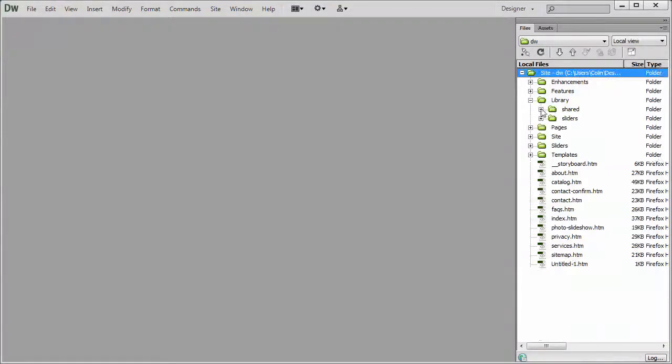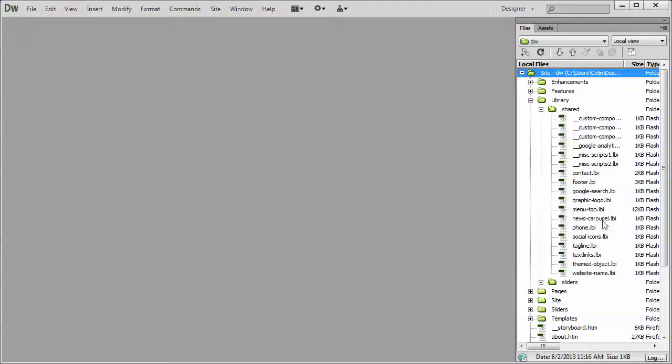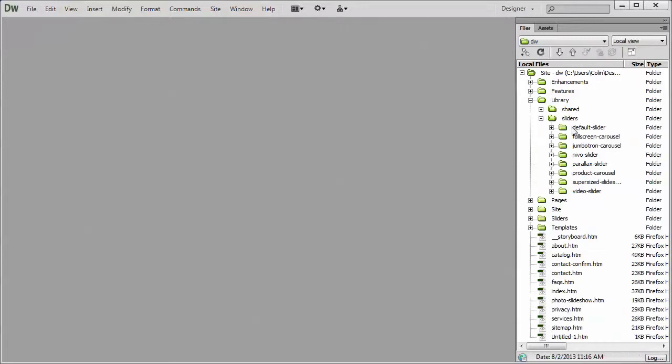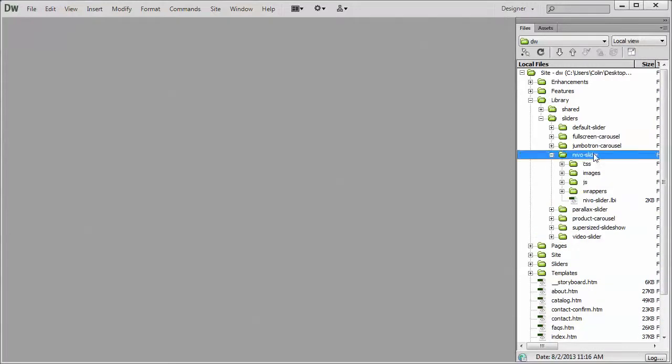There is a page only component, for example the menu top. That's just a library page within the shared folder. Or we have something like in the sliders folder where we have an additional folder. Let's use the Nevo slider as an example here. We have the Nevo slider folder. There's our library page, and then we have a wrapper, a JS, a CSS, and images. Basically all the code or the core files that make the slider work are located within the Nevo slider folder